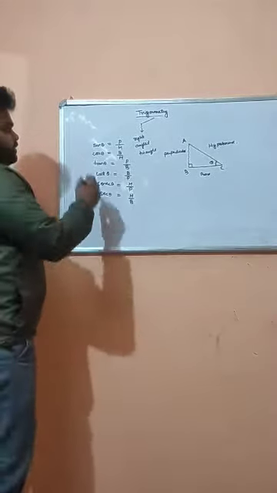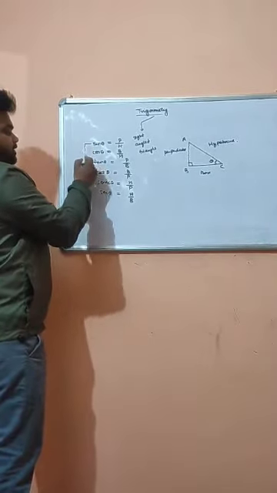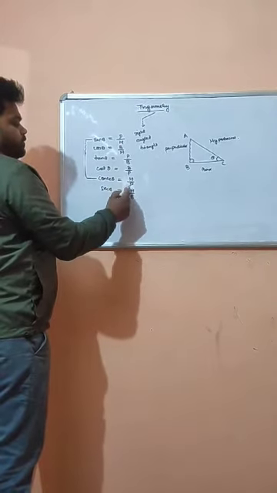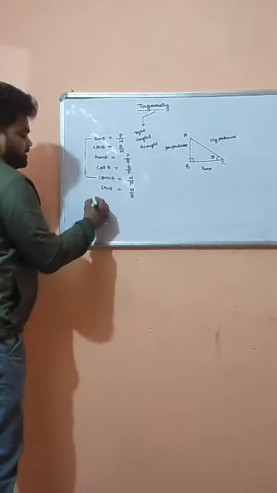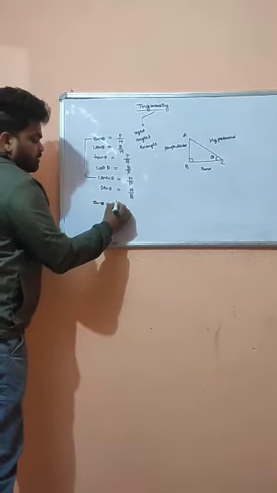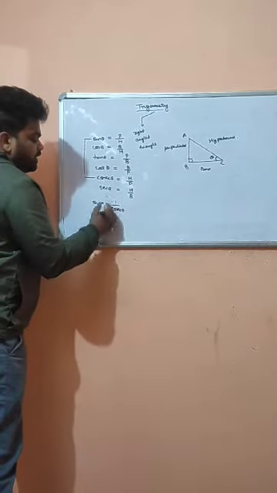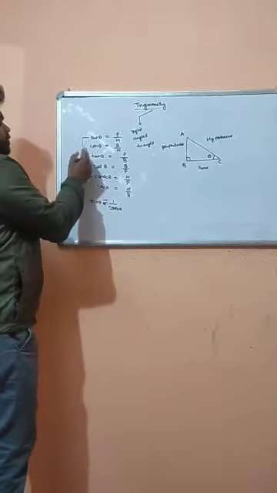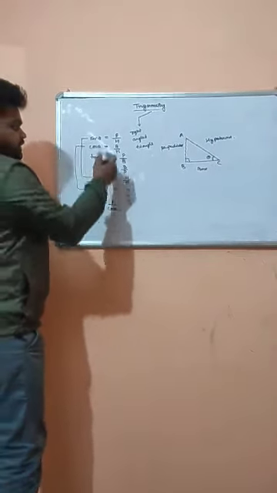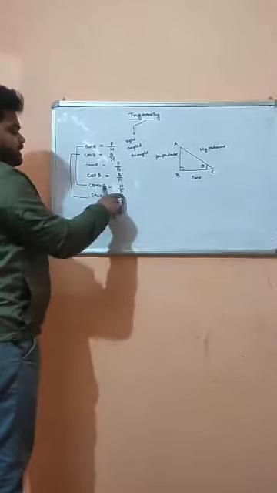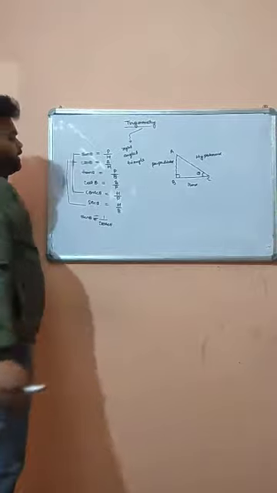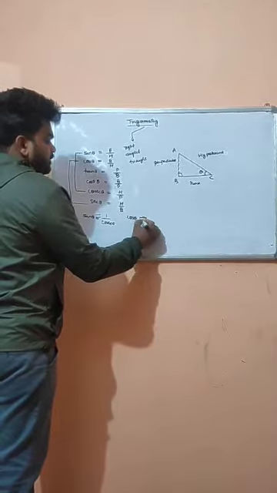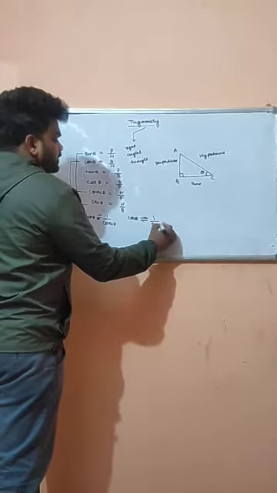Suppose you look at sine theta and cosec theta. Sine theta is perpendicular upon hypotenuse and cosec theta is hypotenuse upon perpendicular. So these are reciprocal. It means sine theta and cosec theta are reciprocal to each other. If you look at cos theta and sec theta, cos theta is base upon hypotenuse and sec theta is hypotenuse upon base. So you can tell that these two ratios are reciprocal to each other. It means cos theta is reciprocal to sec theta.